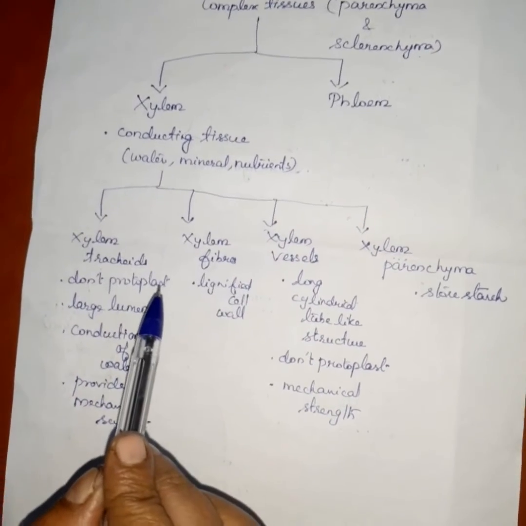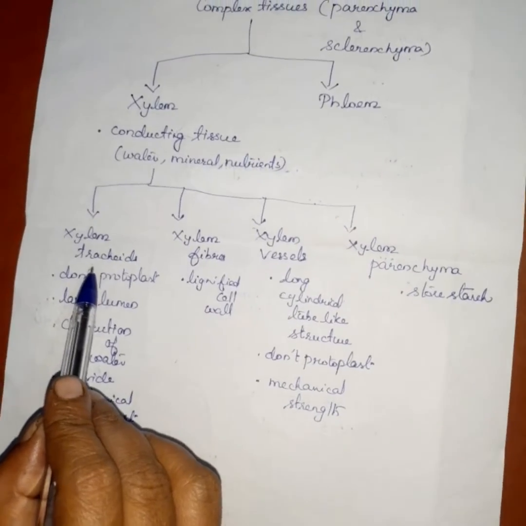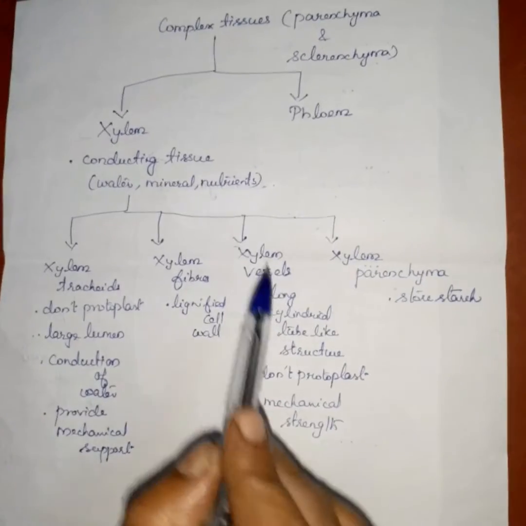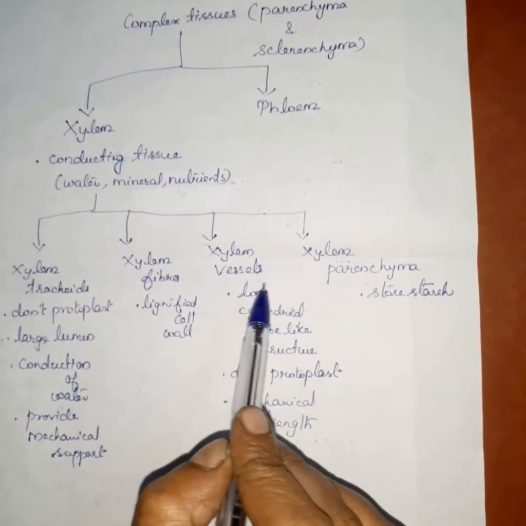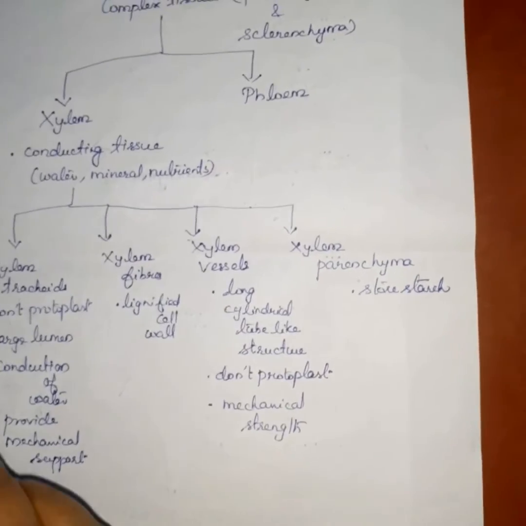Okay. The first one is the xylem tracheids. Second one, xylem fiber. Third one, xylem vessels. Next one, xylem parenchyma. Okay. Now we are going to study xylem